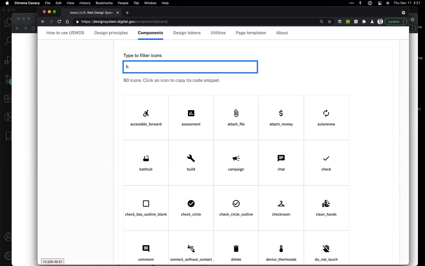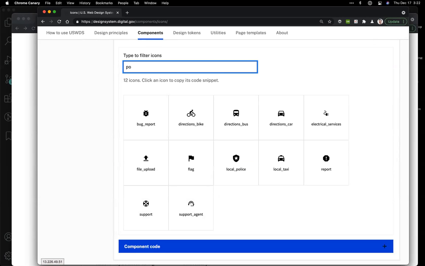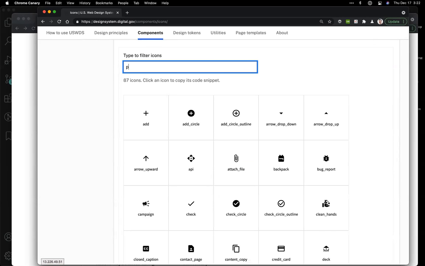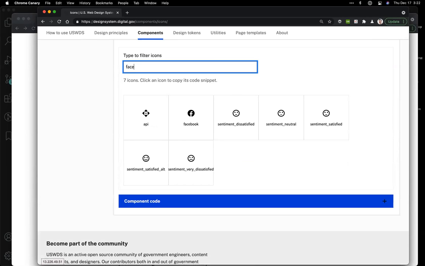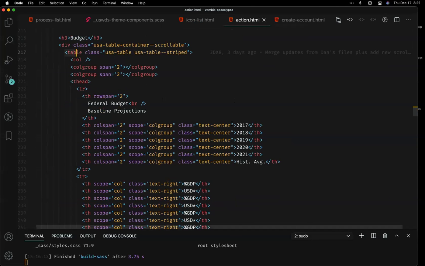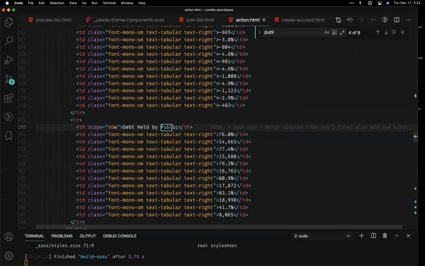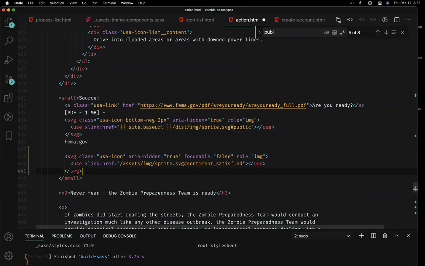And we also have now a little bit more of a feature on the site where we not only have all of the icons here, but we are able to filter them to find a good icon for your project. And then if you hover on any of those icons and select it, that will copy the necessary code to your clipboard to then just add that icon as an SVG element into your code. So you can see down here, when Mitch pastes it in,